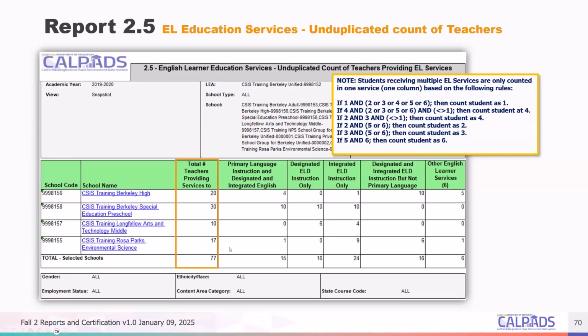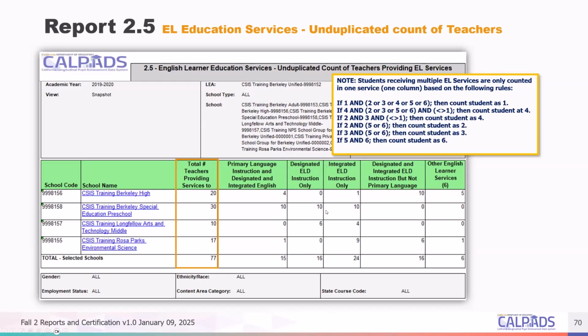And so when you look at this report, you have the same hierarchy, the same rules. One thing to note is you may have a staff member who is authorized to provide EL instruction. You may populate the education service code for that staff member, right? But if they don't have an EL student enrolled, they're not actually providing EL instruction to somebody.